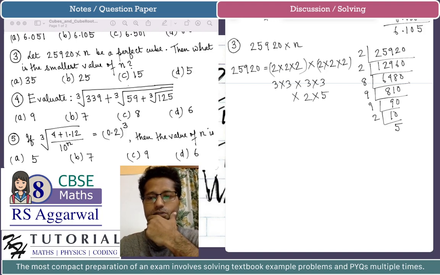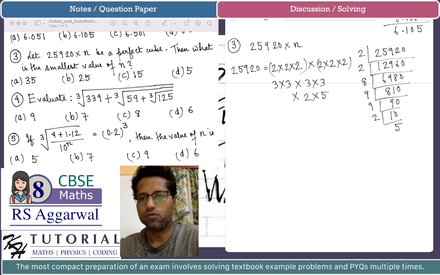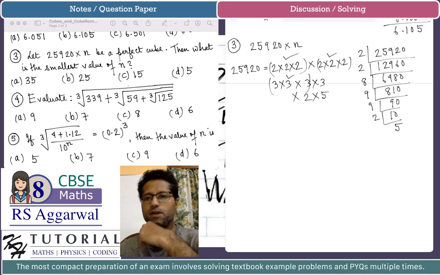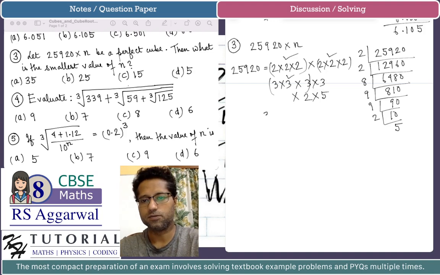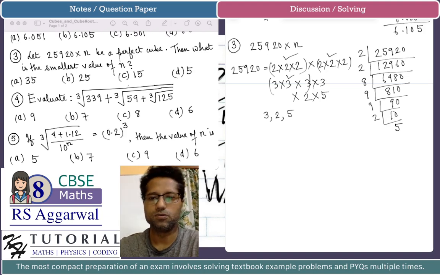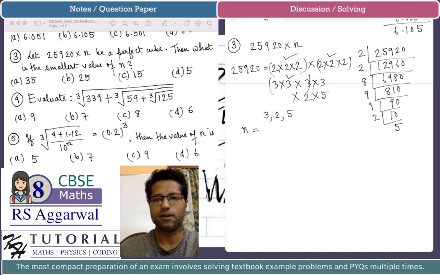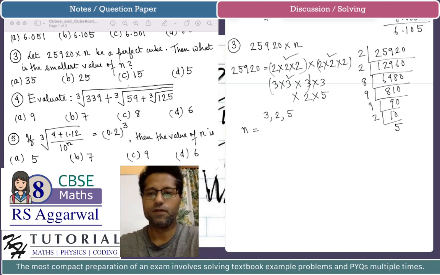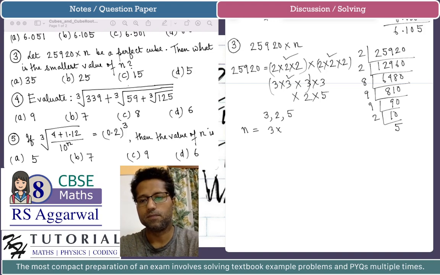So we have to find the least number that needs to be multiplied with this number to make it a perfect cube. Okay, now again we have 4 3's, so we can create one triplet out of the 4 3's, and 1 3 will be left behind. So we can see there are 3 triplets formed, and the factors which are not part of any triplet are 3, 2, and 5. So definitely the least number, which is n, that needs to be multiplied with 25920 to make it a perfect cube will be